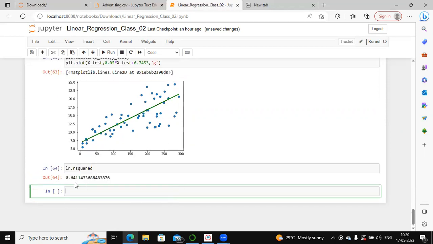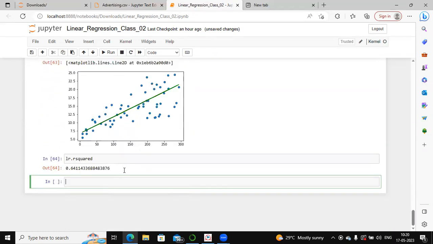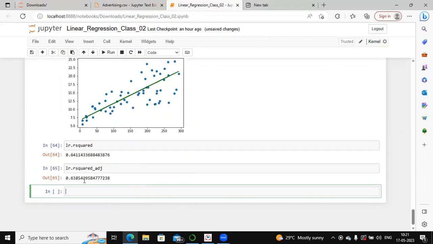So LR dot R squared is 64.1% for this. So you can see the value of R squared is 64.1%, and the value of adjusted R squared is 63.85%. Okay. So we know that adjusted R squared will always be less than or equal to R squared. Now what this R squared and adjusted R squared will give is what are the independent variables